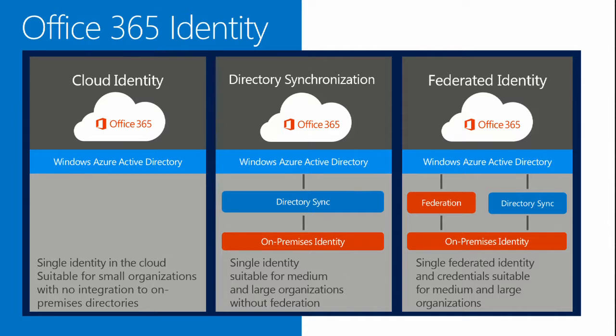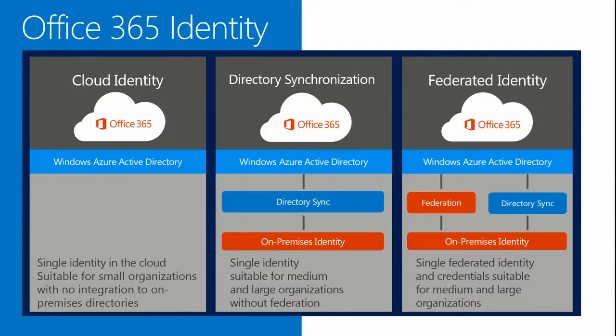So the second one we have here is directory synchronization. This is where you have an existing Active Directory and you just want to synchronize everything that's in that Active Directory into the cloud. The directory sync tool is downloadable from the Office 365 tenant. If you go into users and groups, there's a button there you can click on to download it. You can install that on a single member server inside your organization, and it will synchronize all your users from Active Directory up into the cloud. So this is pretty good for many organizations. It's going to get you to where you want, which is a cloud system, with still being able to edit